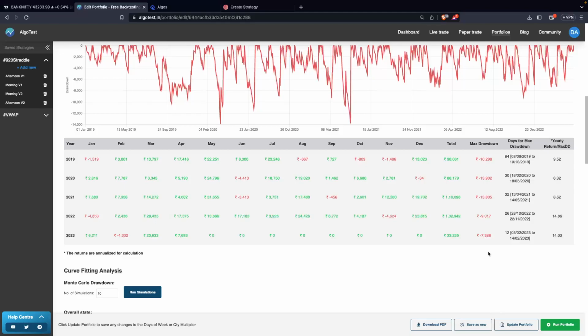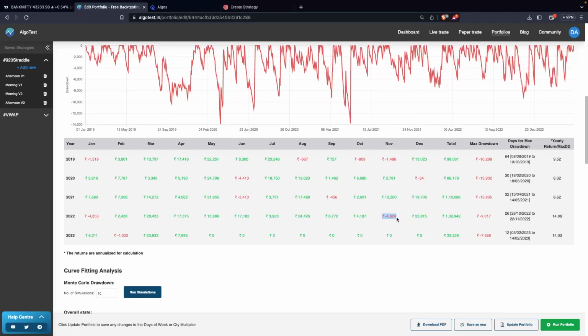Drawdown is basically the maximum possible loss that actually happened on that algo. So this is the loss of 9,017 rupees last year. This means that the algo was once at a maximum loss of 9,000, which was later recovered by the algo on its own. And the time for the drawdown is this much: 28 October to 22 November, when the algo was running in some losses, and that month closed in a loss of